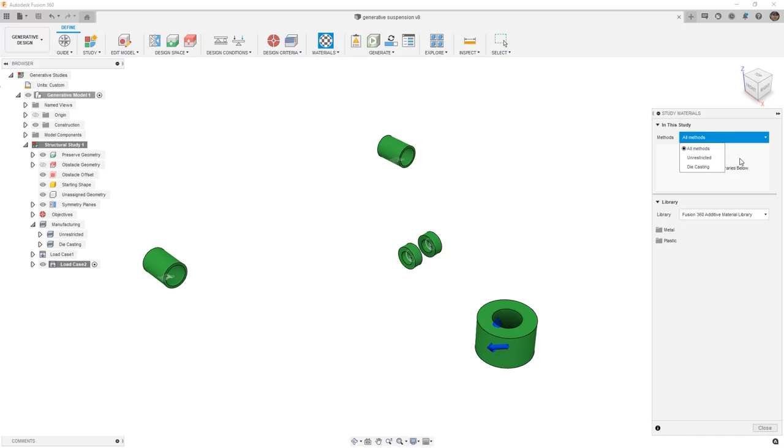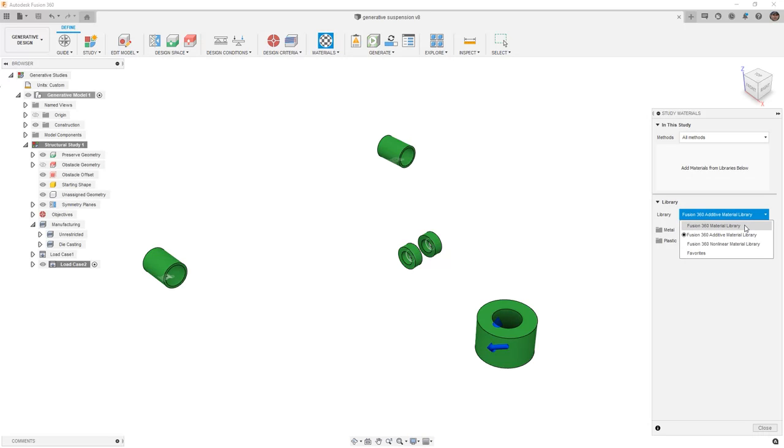In our case, I'm going to simply use all methods, but if we were looking at machining a certain type of material, or if we included additive, for example, we would only want to use additive materials for that additive process and not for all solves. Making sure that we narrow down the material choices that are applicable is going to be an important step in the process to make sure that we're not using extra computational resources and waiting for additional solves that really aren't going to make sense. But again, we're not going to be solving this in the course, so for our example,